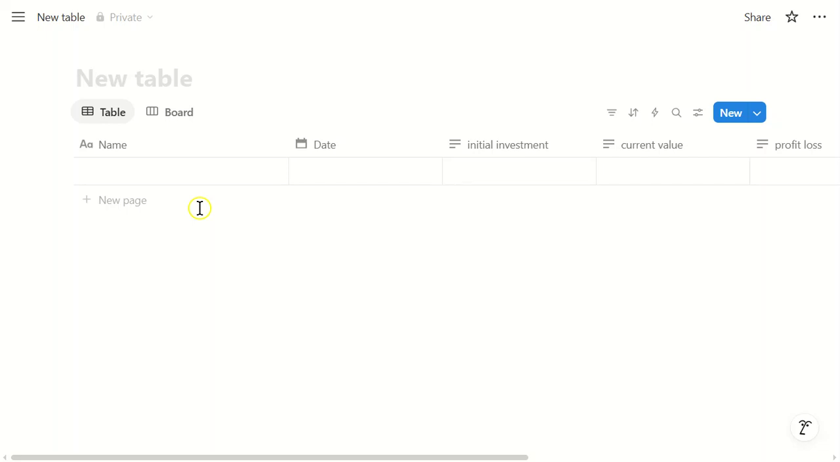And that's it. You now have a fully functioning system for tracking your trading investments in Notion. Remember, the key is to keep everything organized and up to date. This will help you make better investment decisions and keep track of your